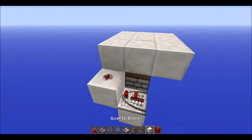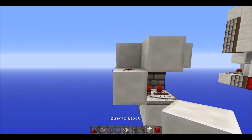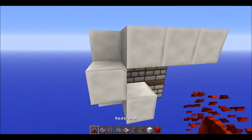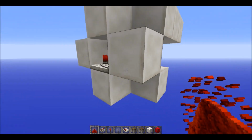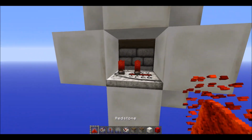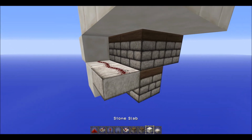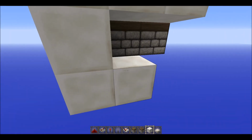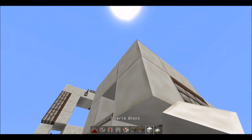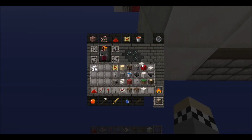I may as well just put it in right now. So you basically just want to have a repeater on 2 ticks going into a block, and a redstone on top of that block with a block there. Then you want to have a piece of dust going into that block, which will then be going into that repeater there, and then have a half slab right here, just like that, and then have a block up right there, with a block to the side right here, with a repeater on 3 ticks going into a block,